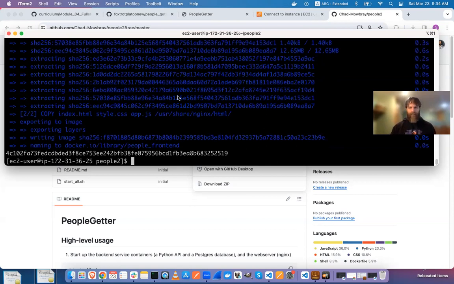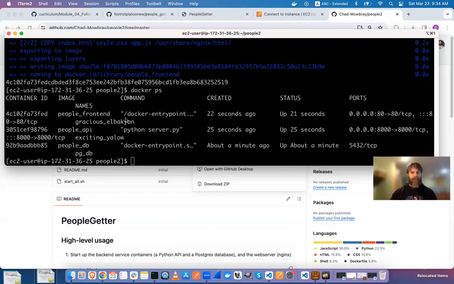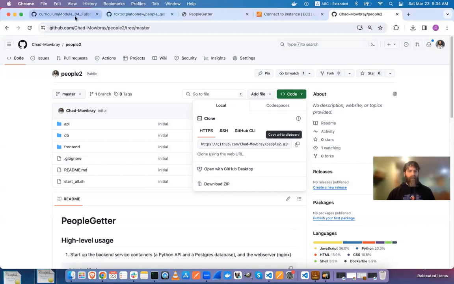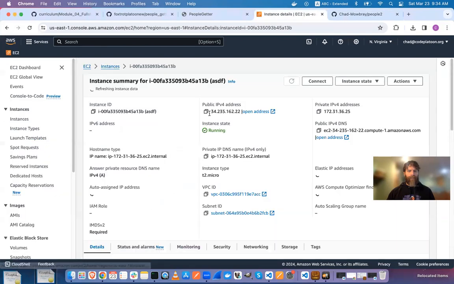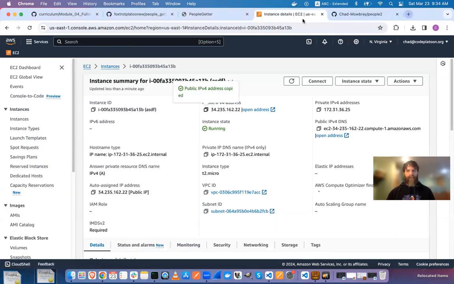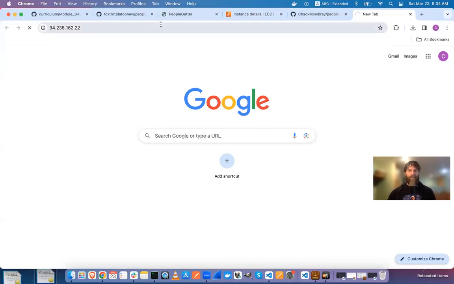All right, so we can check if this is running now. So docker ps should have 3 containers running. So it should look basically identical to how it looked on our local machine. So we have the same port mapping, et cetera. All right, so now we want to see if this actually works. So we can test it out by going back to the instances. I'm going to grab this IP address, and I should be able to go here, make sure that it's not HTTPS, make sure it's just regular HTTP, make the request,